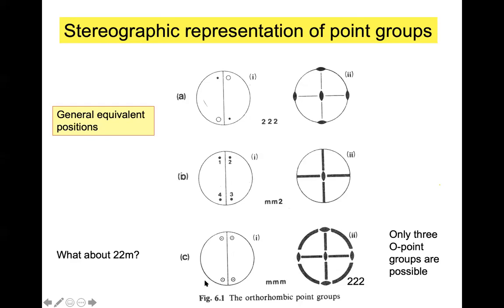Now you see, we have done only MMM, but it also has two-fold rotation axes. It has generated them. You can see this two-fold rotation. If you make a two-fold rotation, this will come here. You can also make a two-fold rotation like this. This will go down there. You can also do a two-fold rotation like this. So MMM produces all of 222, but the reverse is not true.